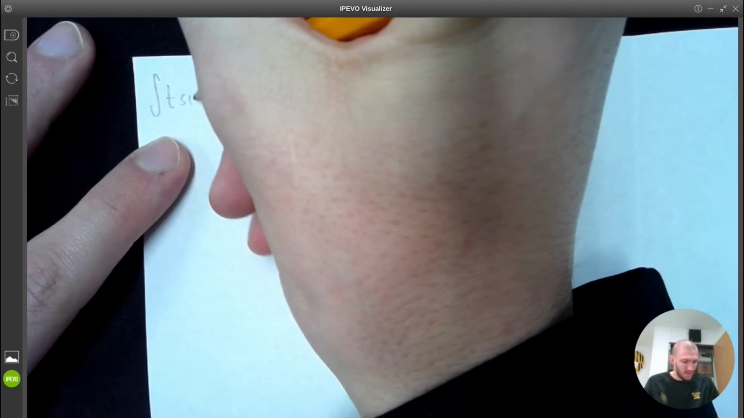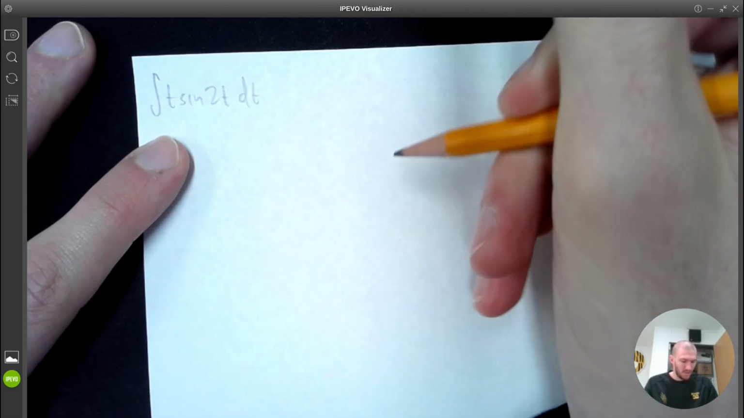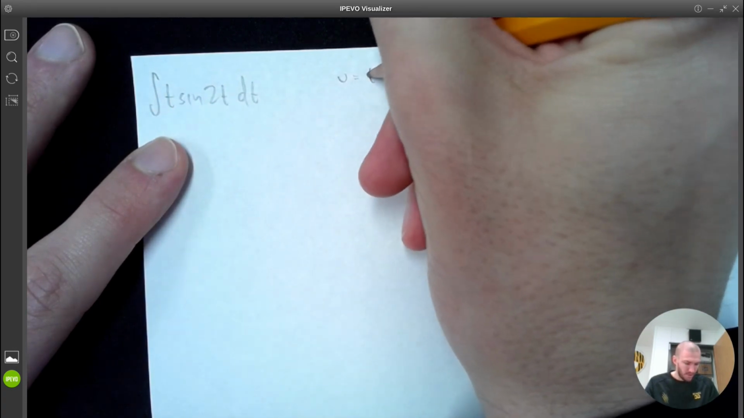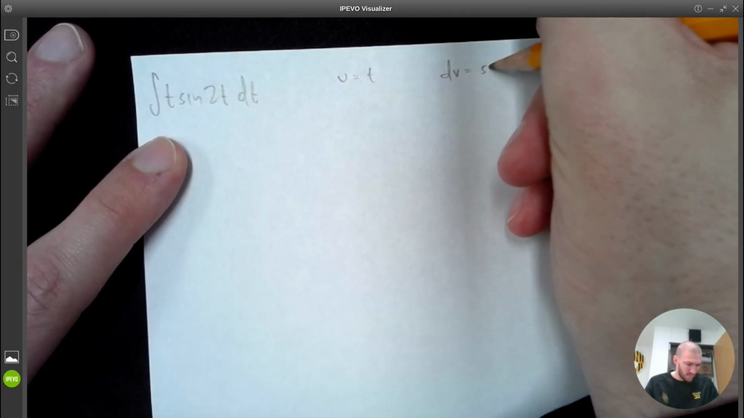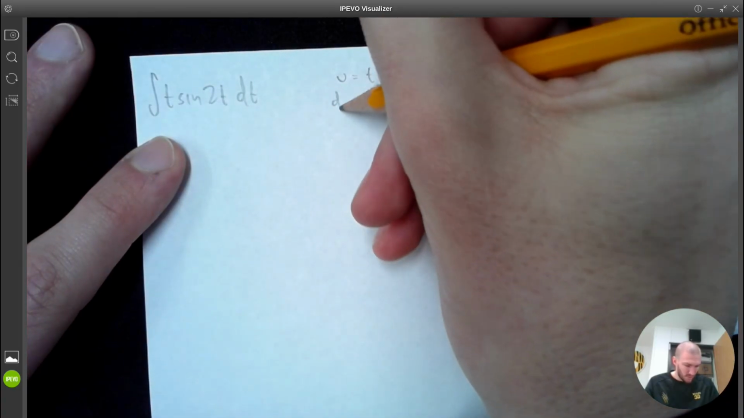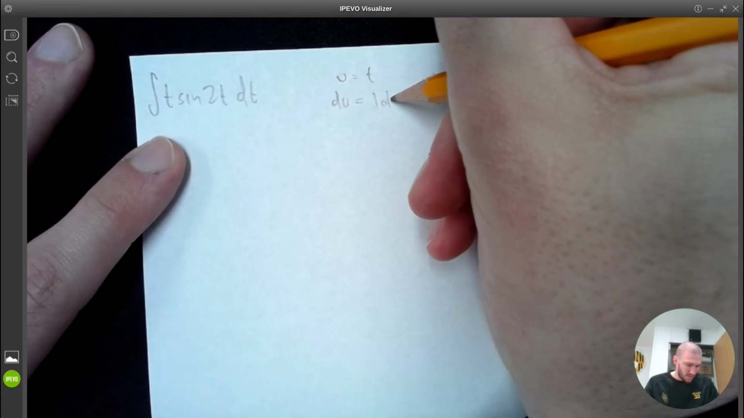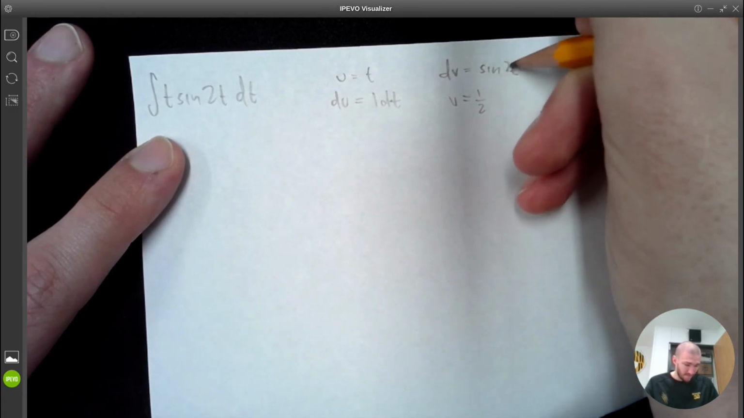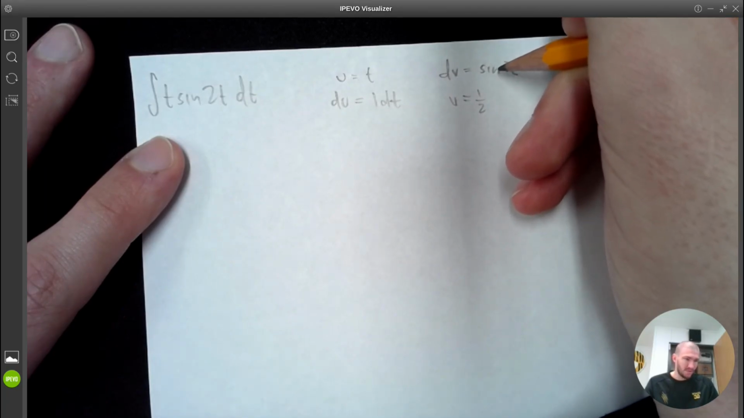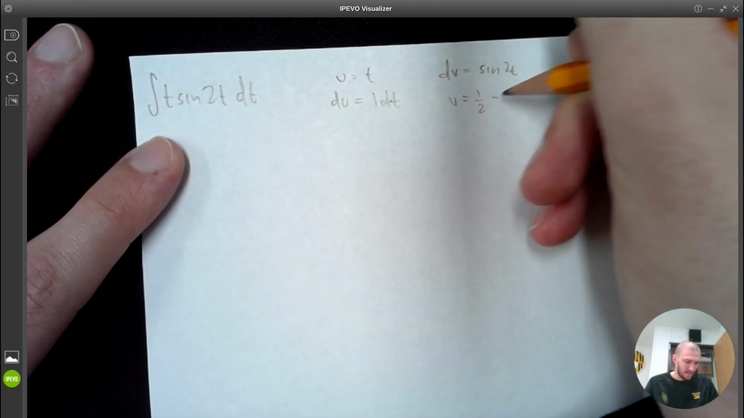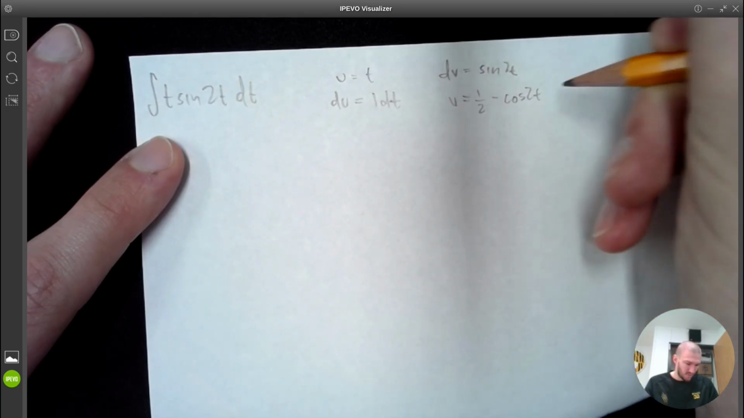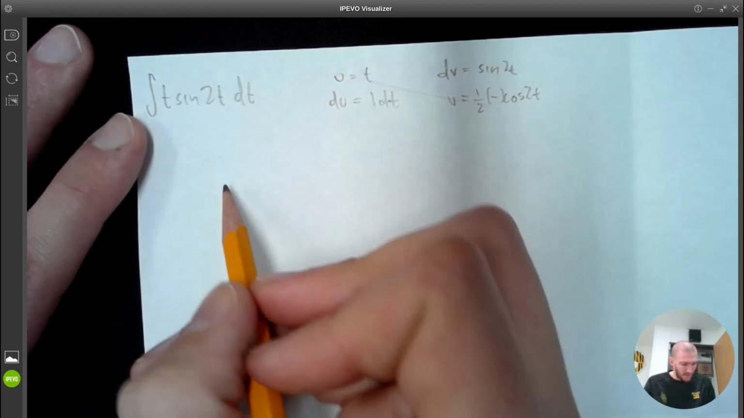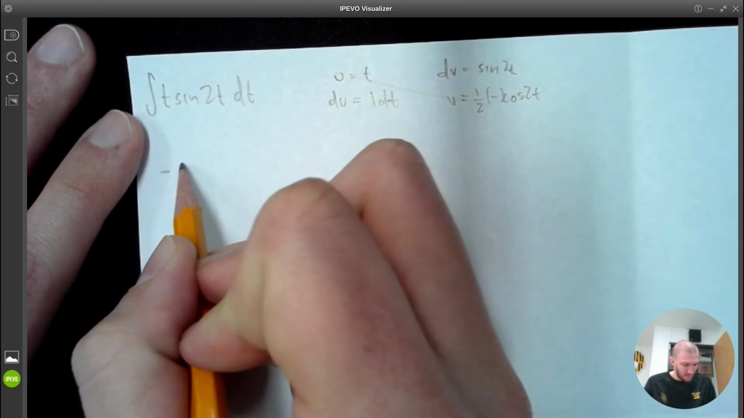The integral of t sine 2t dt doesn't look all that hard. I see this t, that's going to be my u, and sine 2t is my dv. du is equal to 1 dt, and my v is the integral of this. It's going to have the 1/2 because of the chain rule, and the integral of sine is negative cosine 2t. Now that looks a little funky, so maybe I'll put parentheses on that. So now I need to multiply diagonal, negative 1/2